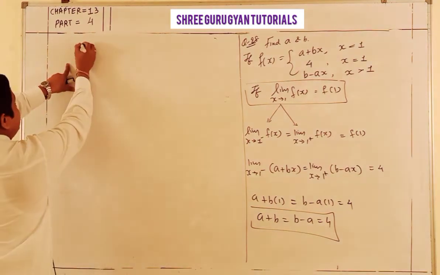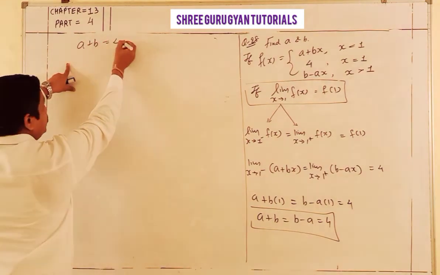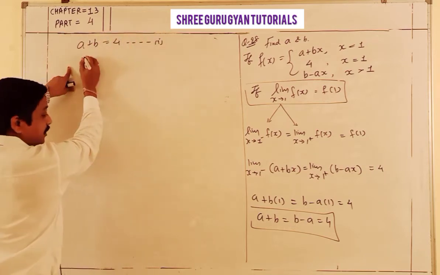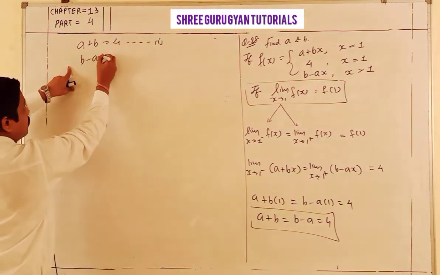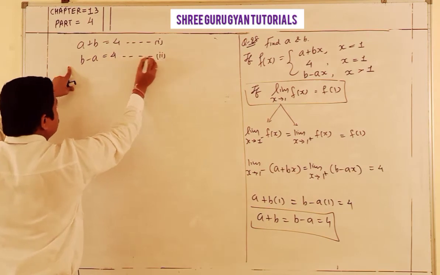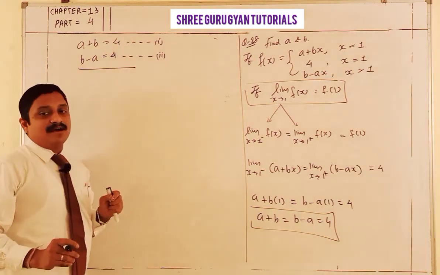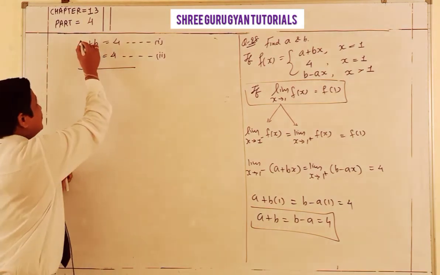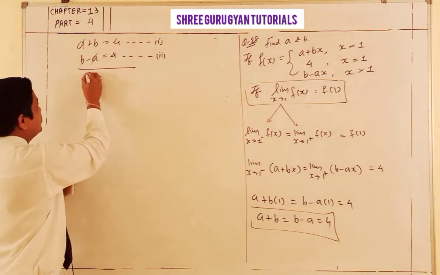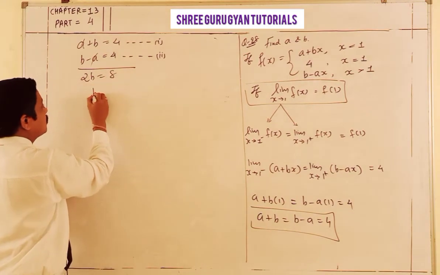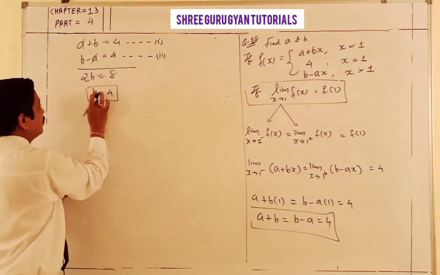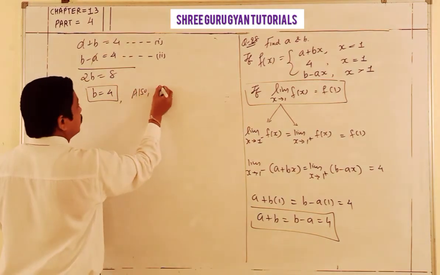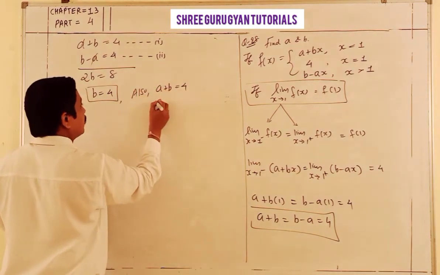So a plus b is equal to 4, and secondly a b minus a is equal to 4. So here take simple LCM forming, and then after answers, I cancel a and a, twice b, 4 and 4, 8, b becomes 4. That's my first answer. And also you will cover a plus b is equal to 4, a plus 4